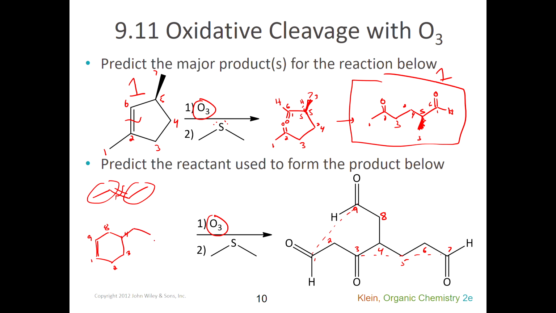5 is connected to 6, and 6 connected to 7. And if 7 were connected to 3, I'd have a double bond there. So this structure is not the only potential answer you could give here. You could have given one with a 3-membered ring or a 4-membered ring, but it's probably the most stable reactant